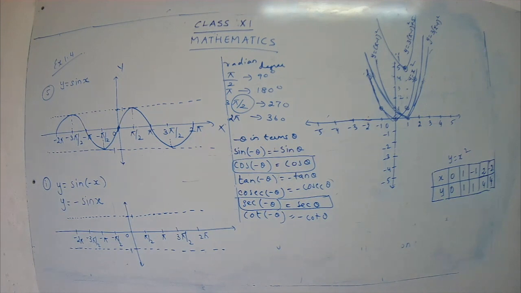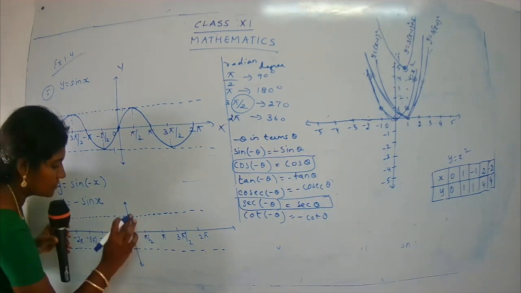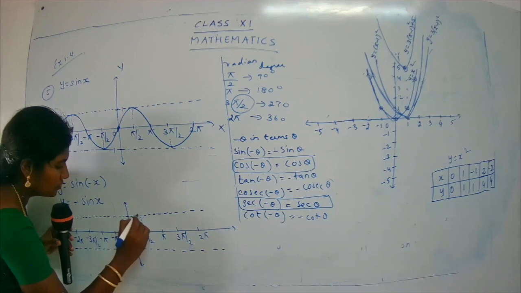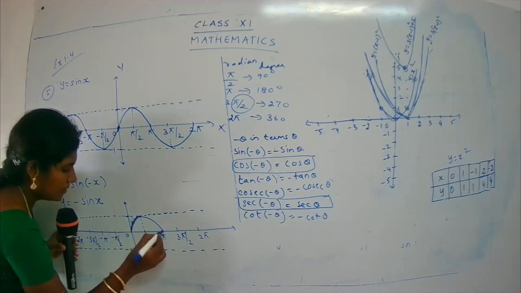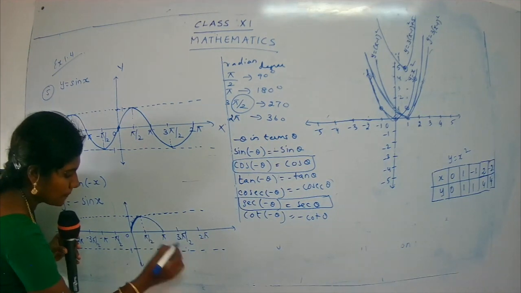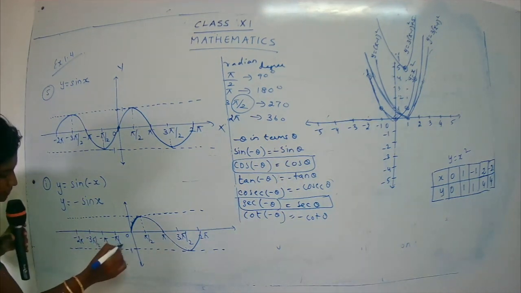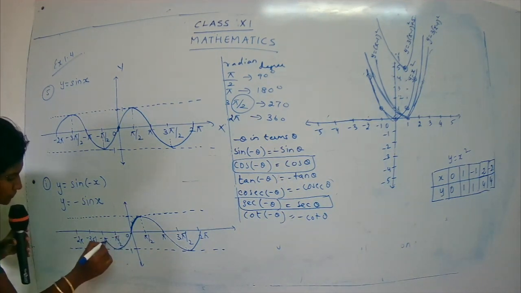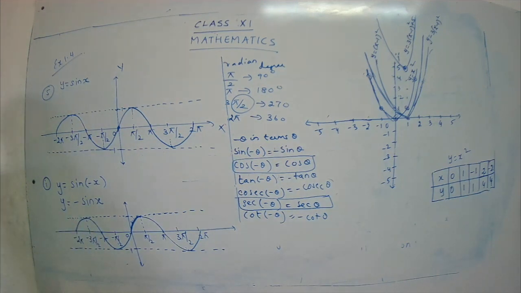So I have told you that you are going to draw a graph for y is equal to sin x. How is this graph starting? It starts from 0, so 0 to 1. Then for pi by 2 it comes here, then at pi it goes down here, then 2 pi. Similarly on the left side, 0 to minus pi. So I have plotted a graph of y is equal to sin x.